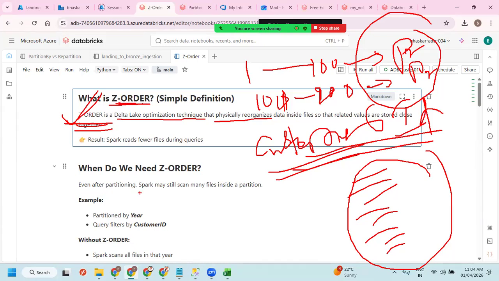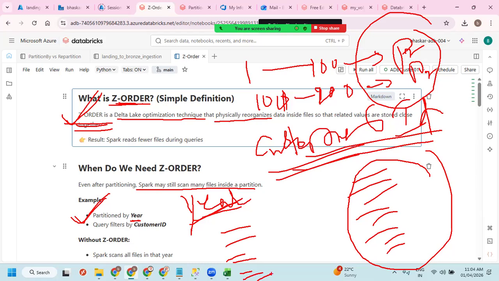Okay, so even after partitioning, Spark may still scan many files inside the partition. For example, I have applied a partition based on the year for the customer table, just imagine. Within the year, you have too many customers. You have to read the entire thing, then only you can improve the performance.